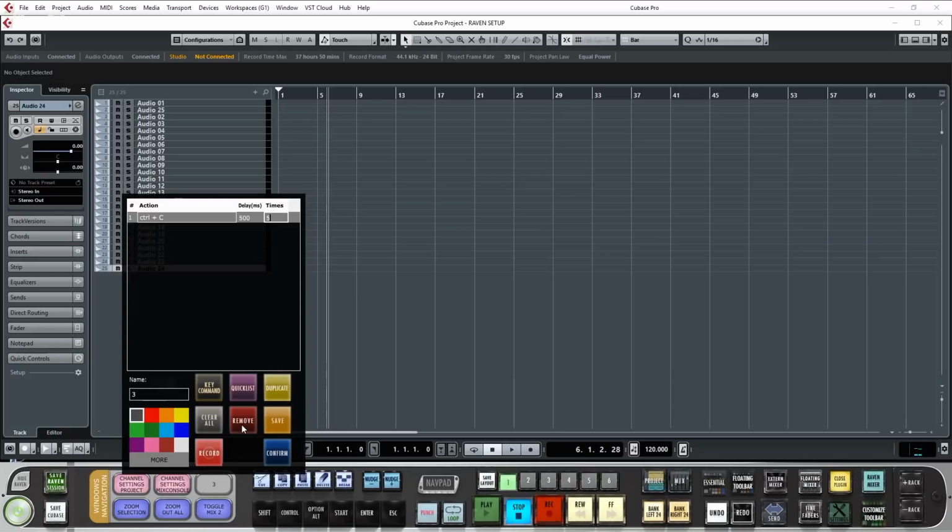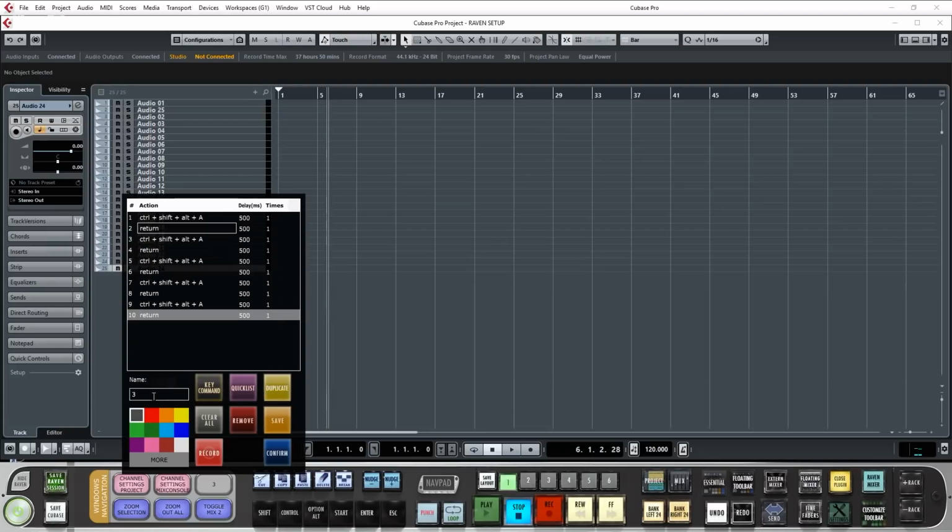As an example, let's make a batch command that will create 5 new mono audio tracks. Hit the key command button and enter Control-Option-A. Next, hit the key command button and add Enter. Then, add 100 milliseconds to each of the delay times by clicking in the delay time area with the mouse. Repeat this command 5 times by selecting both batch commands and hitting Duplicate 5 times.